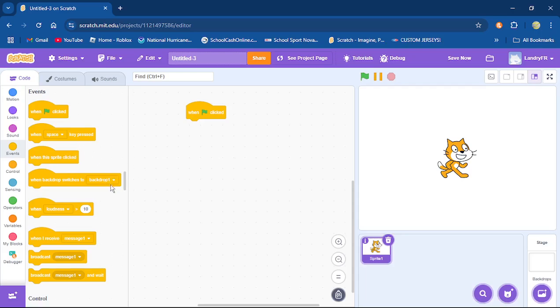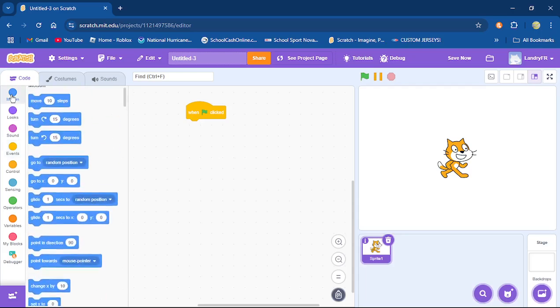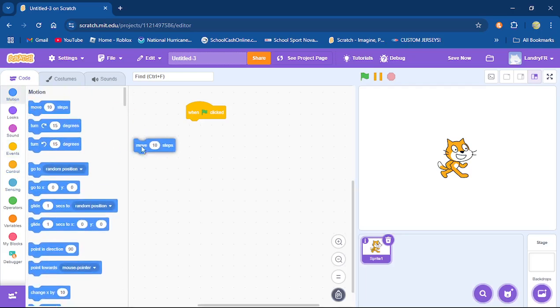Underneath that, everything that you put underneath this is going to fire off when you click the green flag. Okay, so we're going to go through the buttons a little bit. If I was to put this tab next, this is move 10 steps. It's pretty straightforward. What this means is your sprite is going to move forward, not backwards. It doesn't say forward or backwards, but I just automatically know by default it means you're going to move forward 10 steps. Okay, so if I put that there and hit the green flag, my cat moved forward 10 steps.